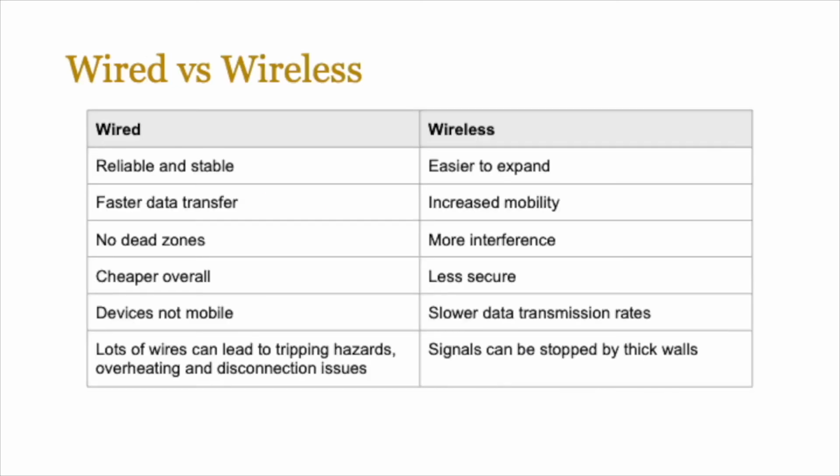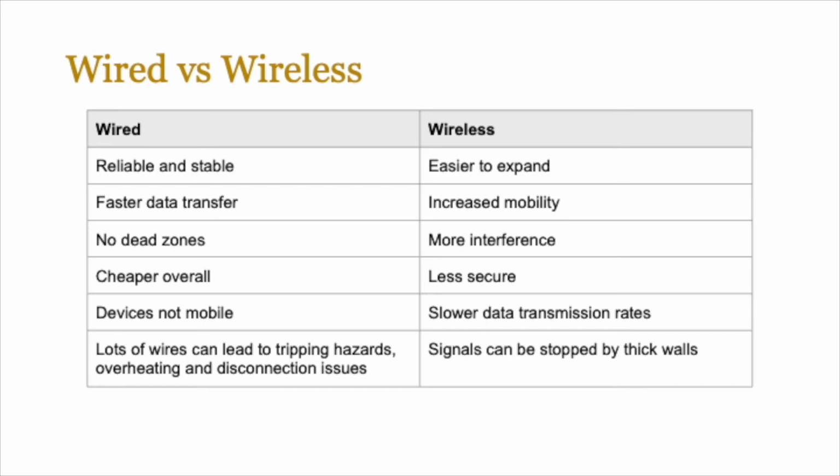So let's now look at a comparison between wired and wireless. Do pause the video if you need to take these notes down. Wired tends to be reliable and stable. It has a faster data transfer rate. You don't get any dead zones where there's a signal loss. It's cheaper overall. However, the devices are not mobile, and lots of wires can lead to tripping hazards, overheating, and